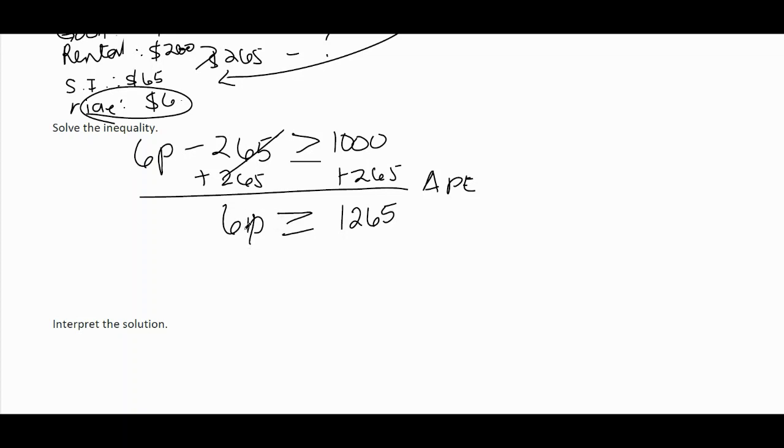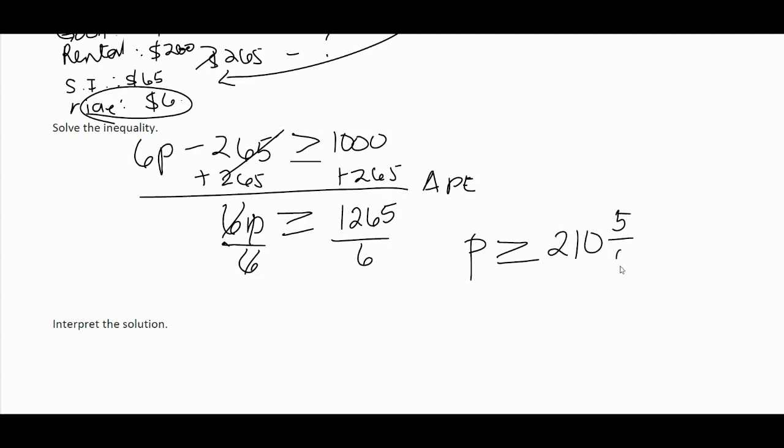Because we only need p, the operation between 6 and p is a multiplication. So therefore, the opposite of a multiplication is a division. So it means we divide both sides by whatever number is in here, which is 6. So we cancel that. Therefore, p should be greater than or equal to, of course, doing the computation, doing the math, and all that, we're going to end up with